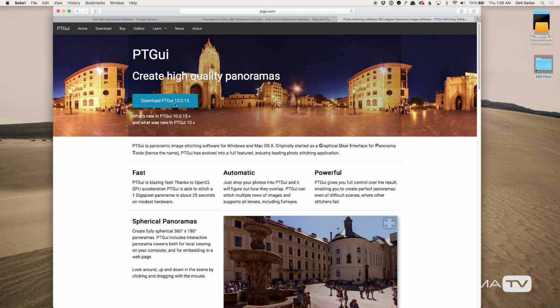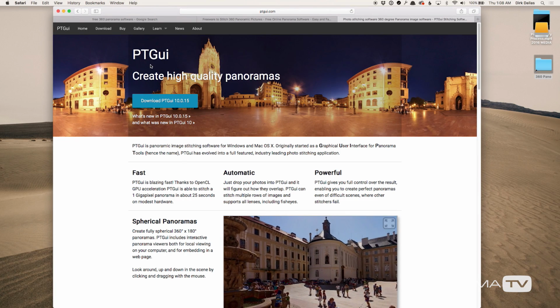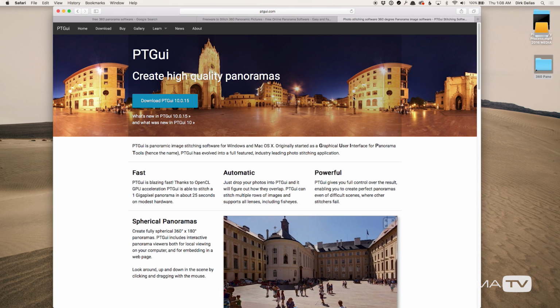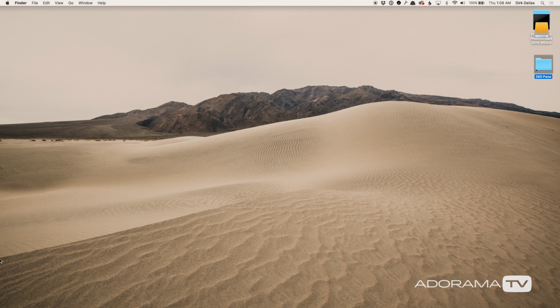So if you are interested, go check out this app. They have a free trial. You can see if you like it and if you think it's worth spending money on. Now I'm going to open up PTGui,